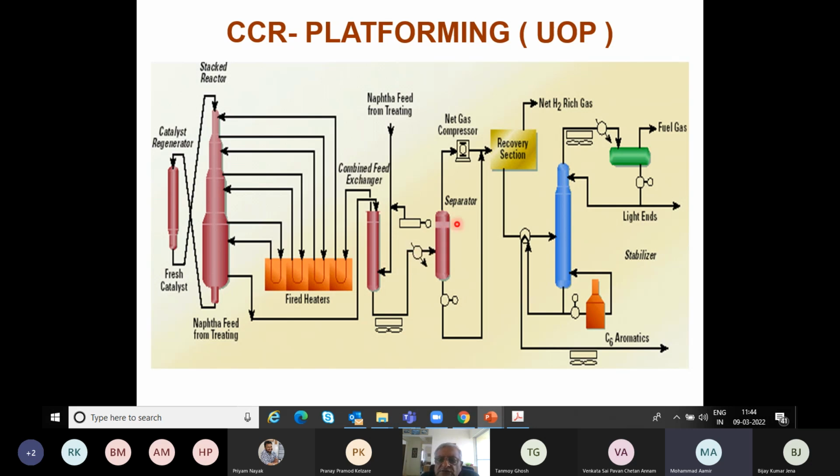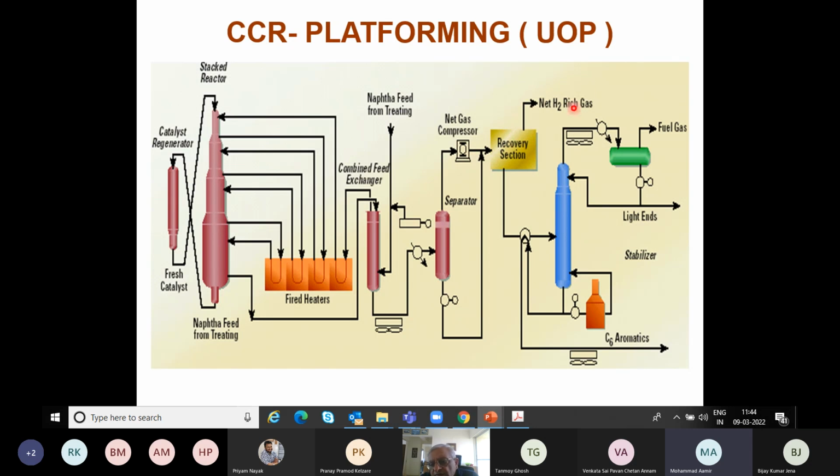And then you separate, this is the knockout drum, where the liquid condenses out and gets dropped to the bottom. The gases go to the top, and then you have a compressor. So part of the gas is recycled here,